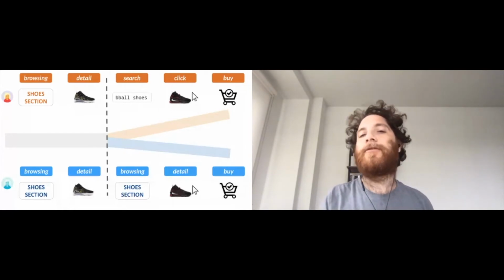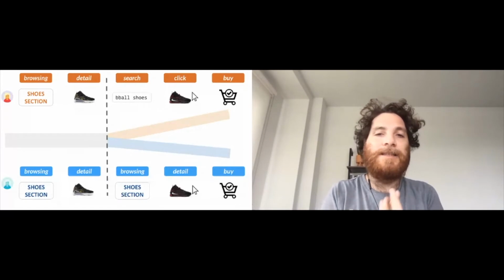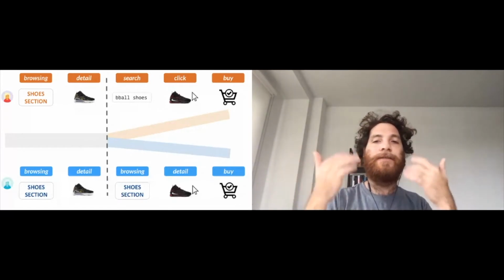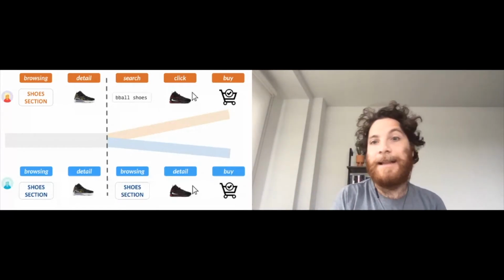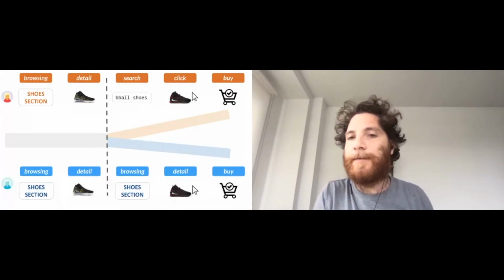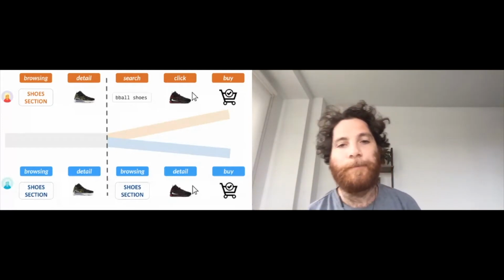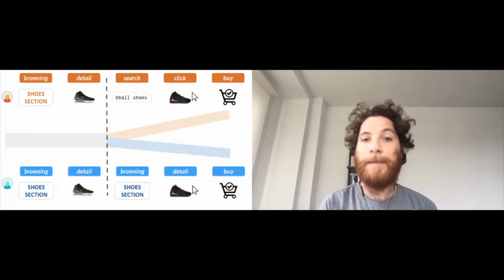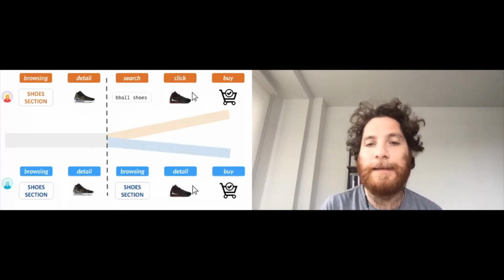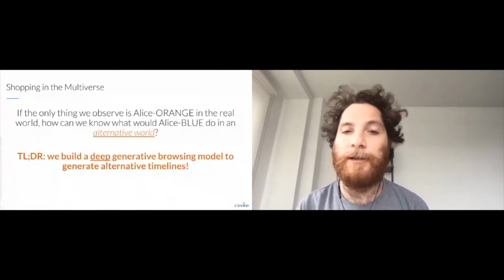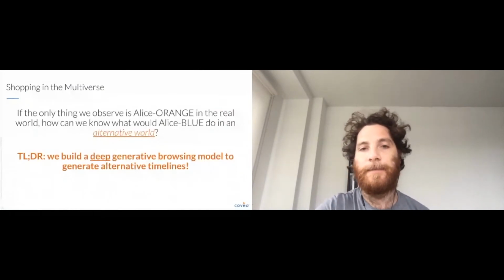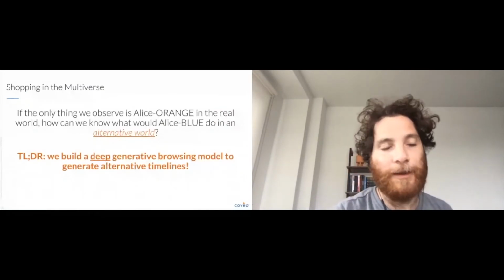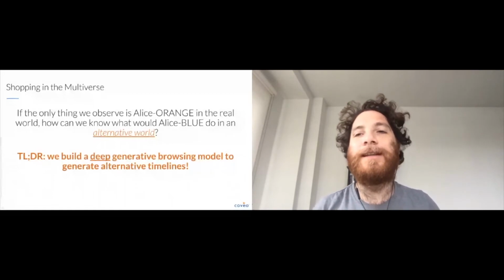So our question for us is, how can we create Alice Blue? How can you create this alternative timeline that is exactly like the main timeline up until the search interaction, and then it kind of diverges? Well, the solution is that we basically build a generative browsing model, and we use this machine learning model to generate these alternative timelines. The details are a bit long for the talk, but intuitively, it all starts with